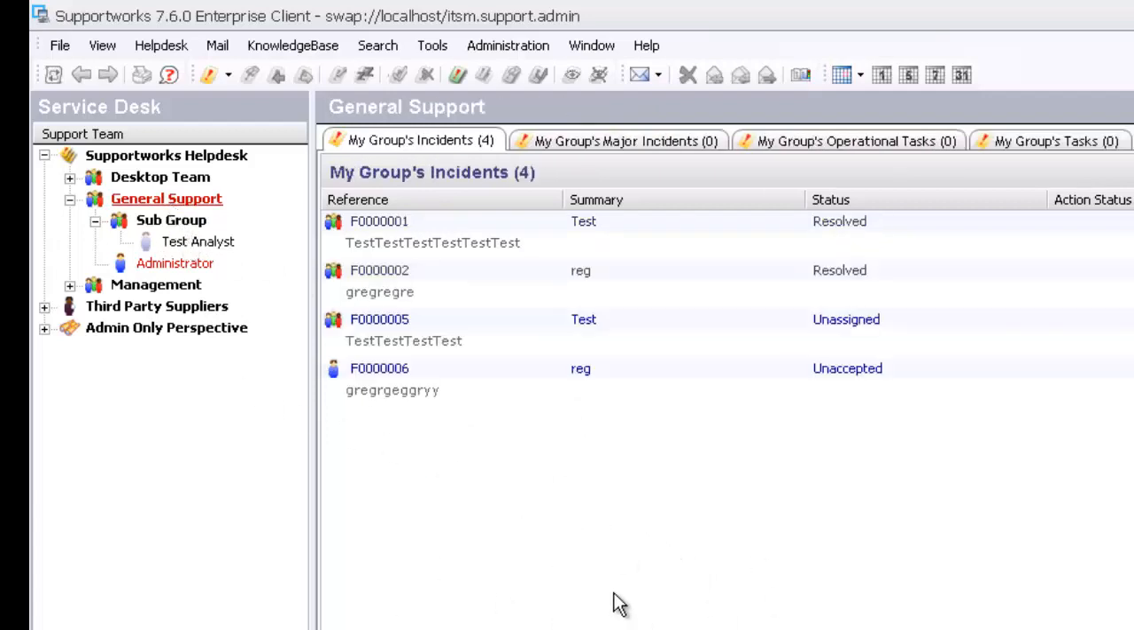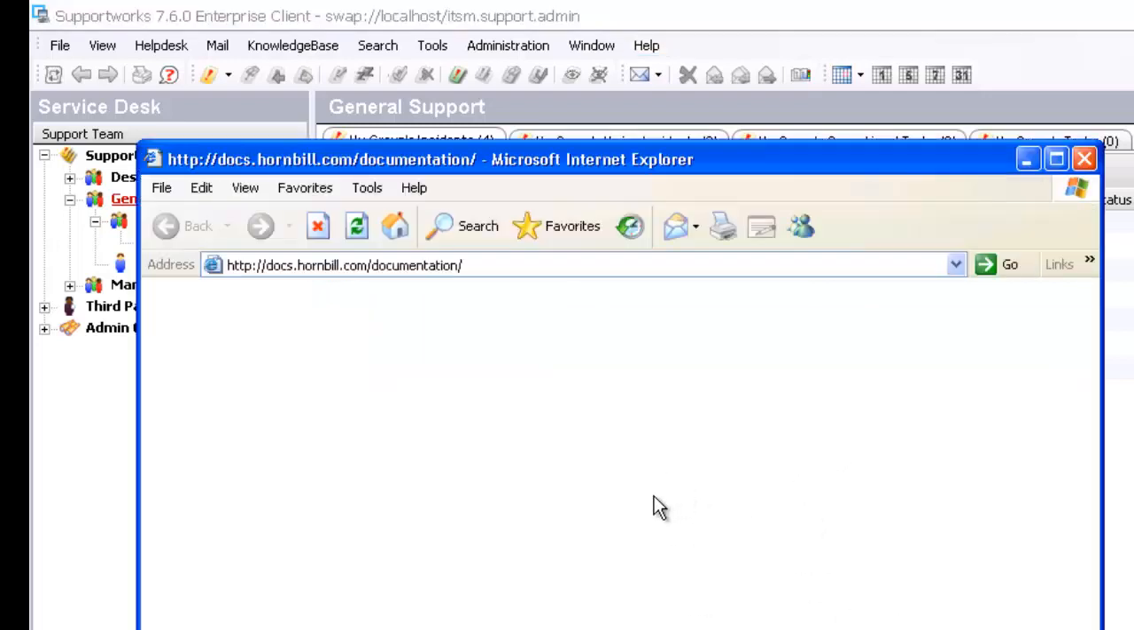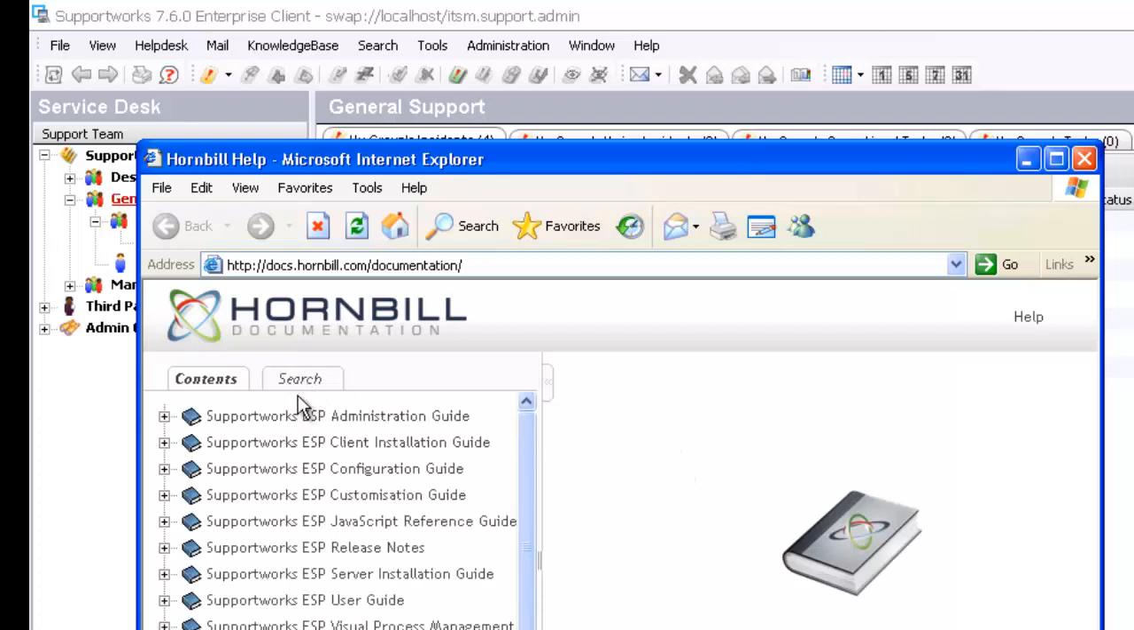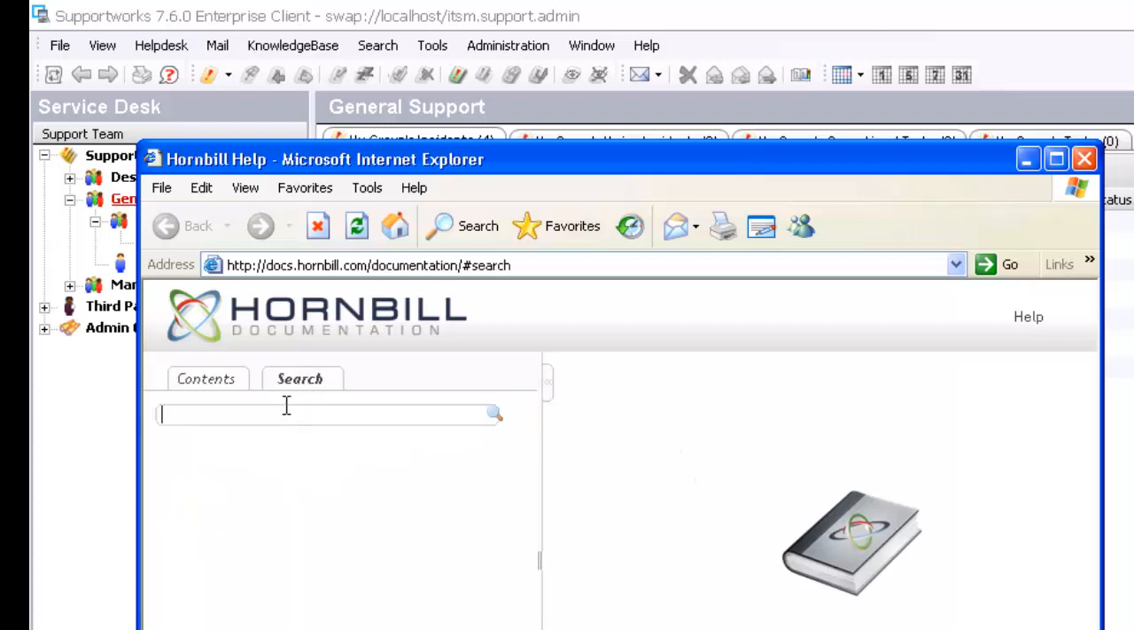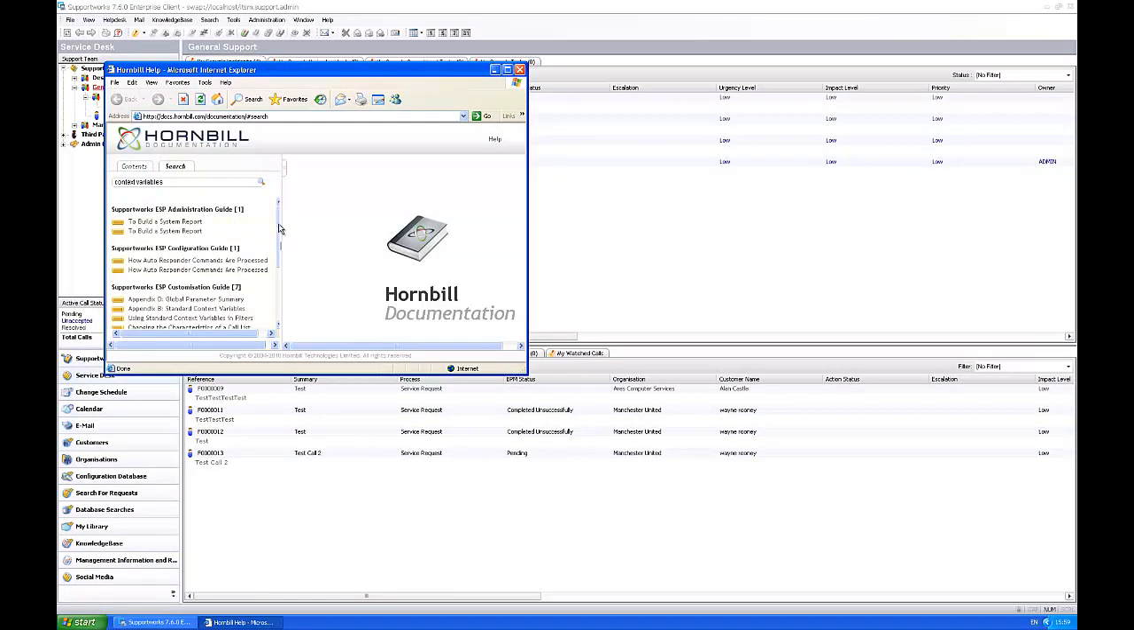So one helpful tool that you can use to help you with filters is in the help menu. So if you go to help, Supportworks help, if you search for context variables, and you have an option down here that says standard context variables, appendix B. If you click on that